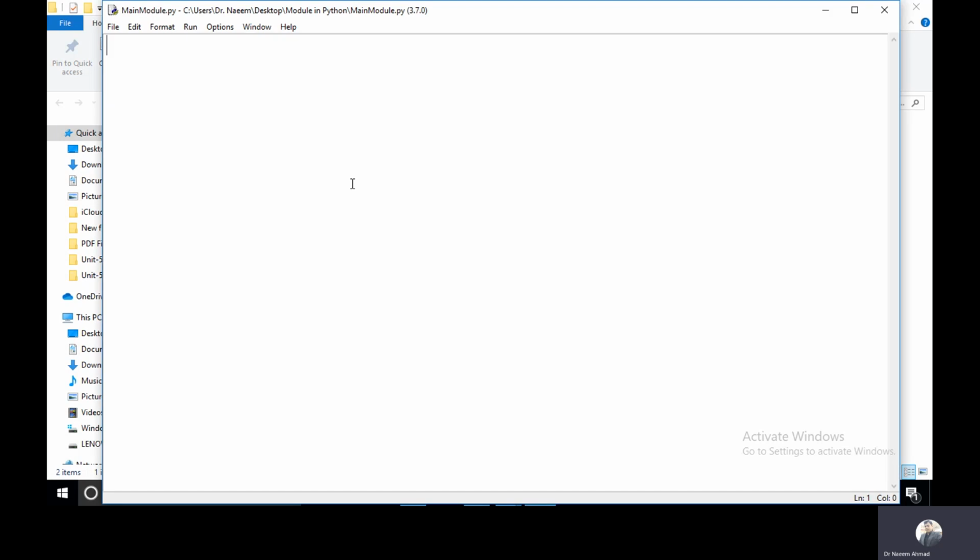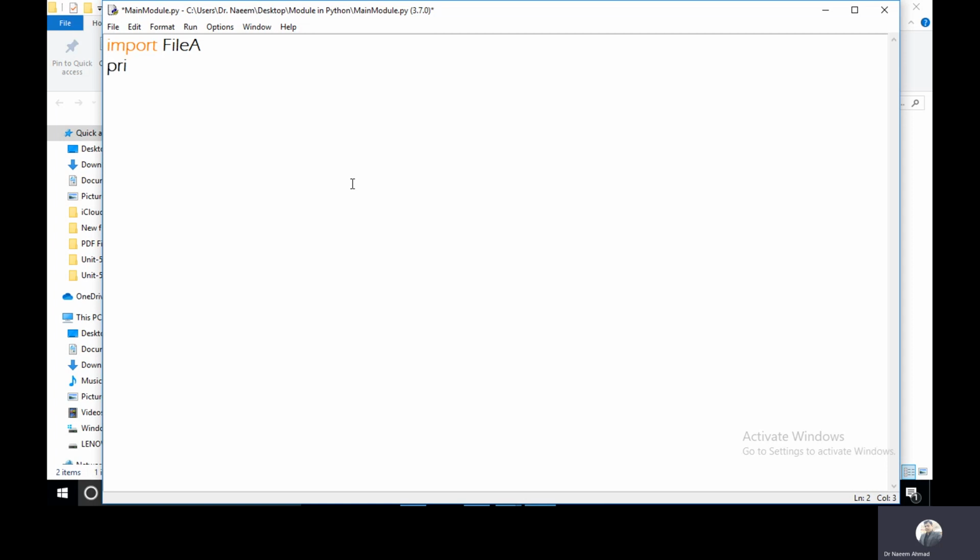As you know, whatever module you create, you can import in any other module. So I want to import this module: import and the file name, or module name. And now I will be able to use the objects of this module.